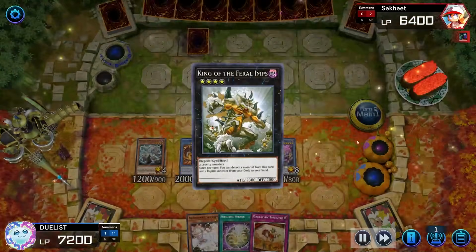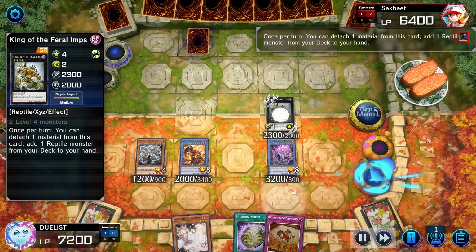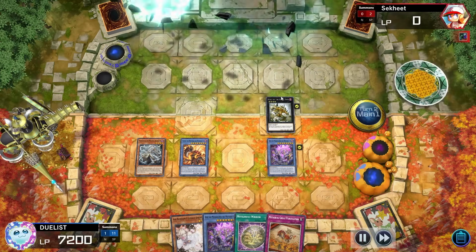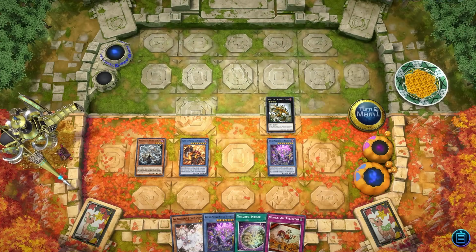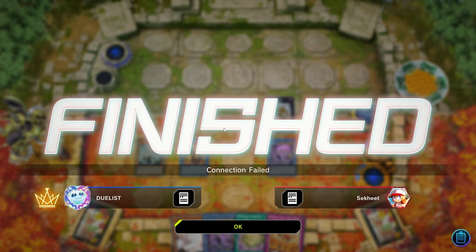And I'm now going to overlay for King of the Feral Imps, really just to get lethal on board. But I'll get a search in while I'm at it, because why not? And they're just going to concede as soon as they see I have lethal here. I want to note, this is actually an older build where I was still playing 2 Murakumo. In the deck list I'm going to show you here at the end of the video, you'll only see 1 Murakumo. But I took that out for...